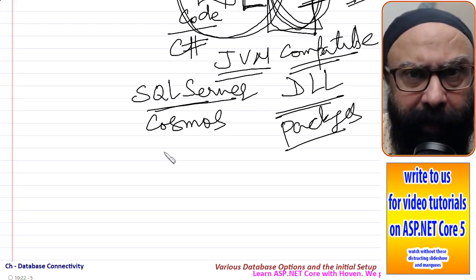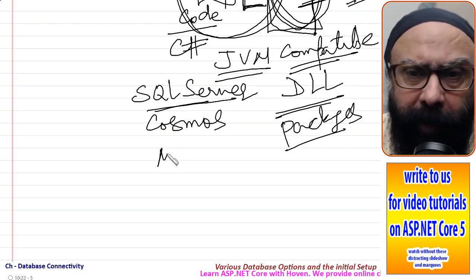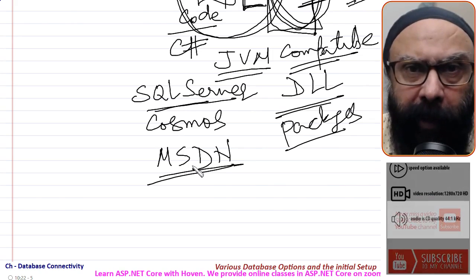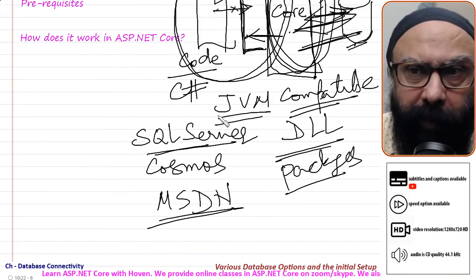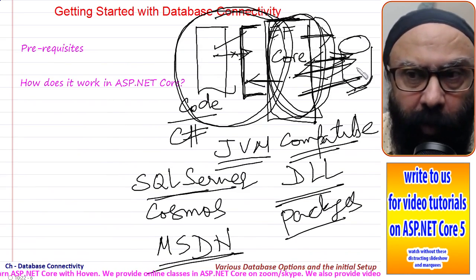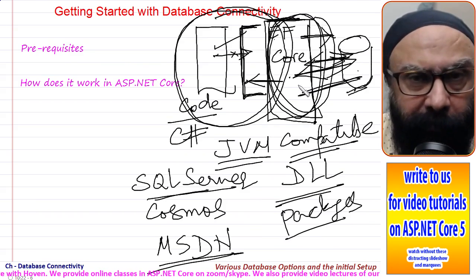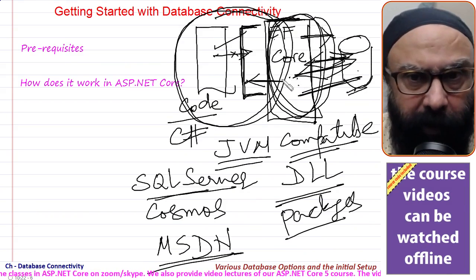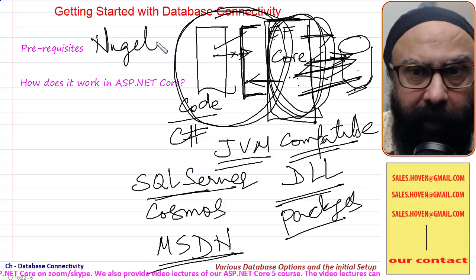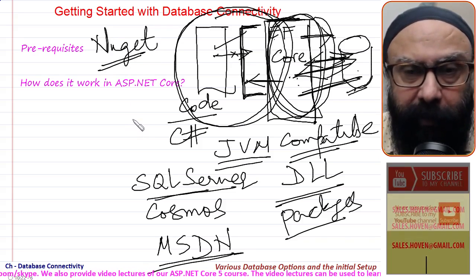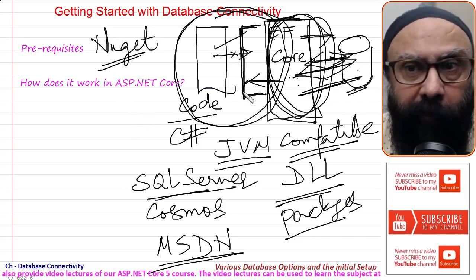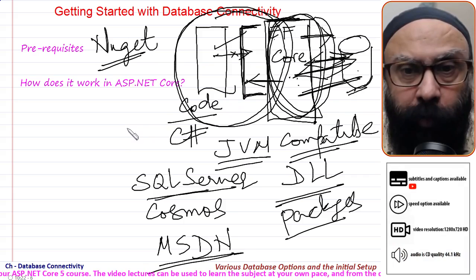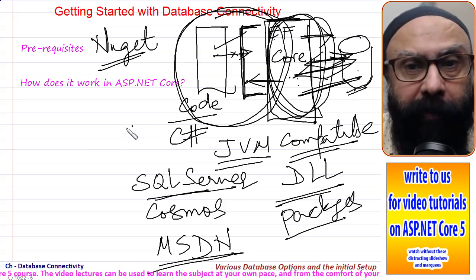For this there is a website, a web page maintained by the MSDN documentation. I will open that page in a moment. On that page they have an updated list of all the databases that are supported. For all the databases, their EF Core DLLs, their EF Core packages or NuGet packages, are available. So this is the basic theme of database connectivity in ASP.NET Core. Now let us move to the next step, like how the basic setup is done.